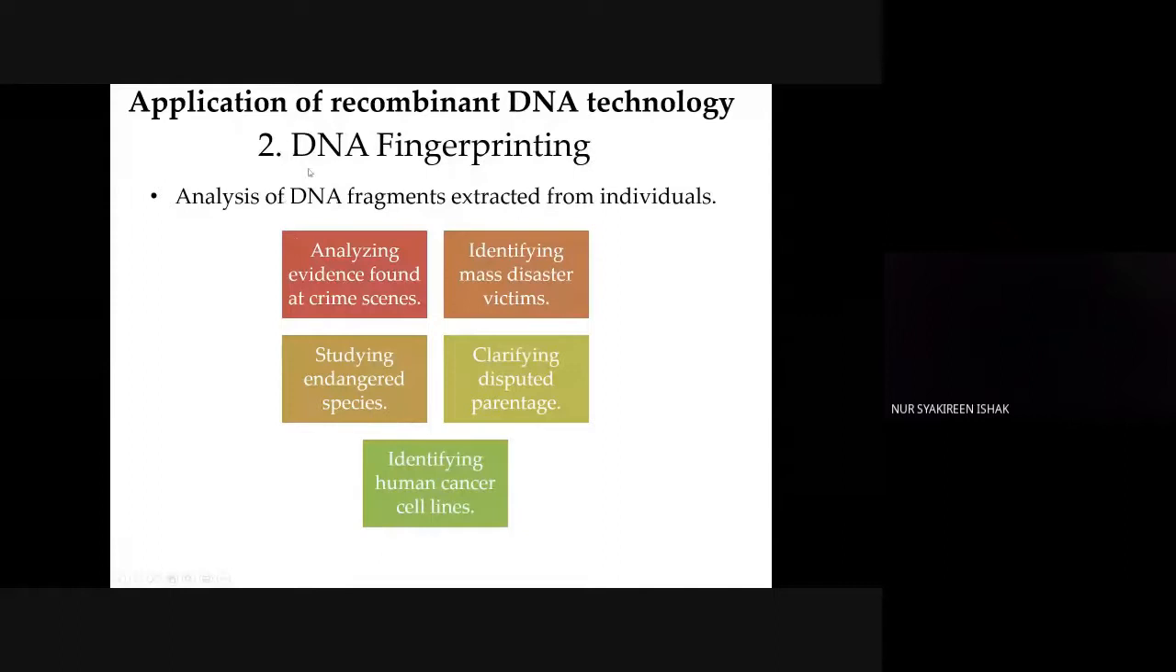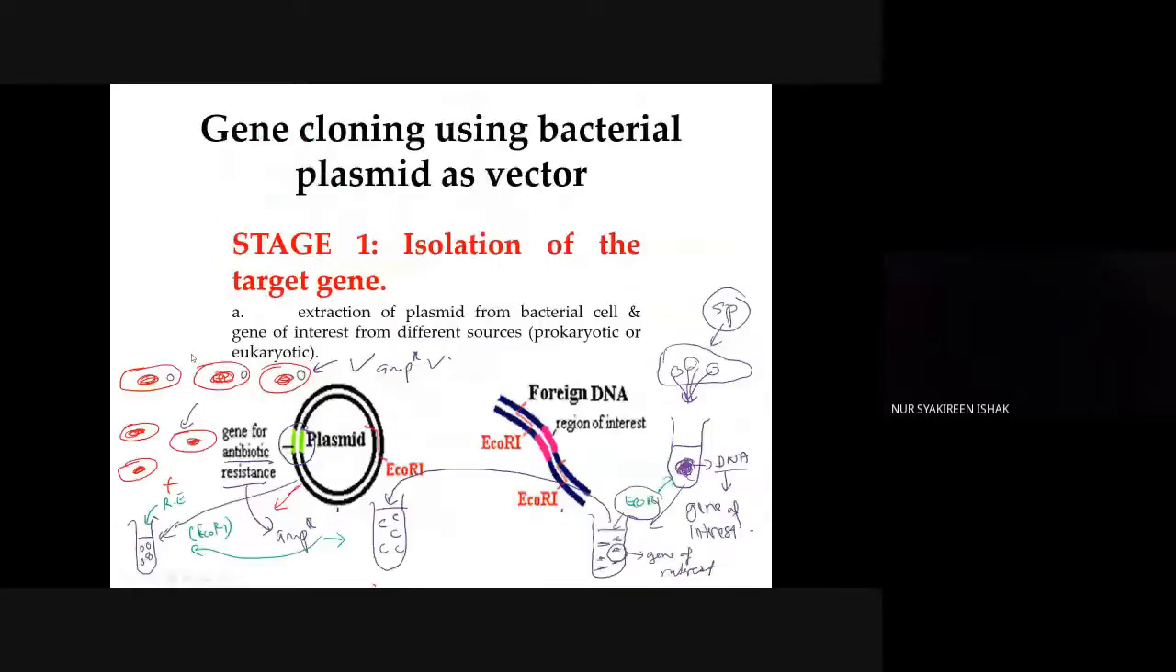Okay, so these are the examples of the application of DNA fingerprinting. In DNA fingerprinting, you analyze the pattern of DNA fragments that you have produced through PCR and other methods, and then after that you do gel electrophoresis to get a pattern of DNA fragments. So this pattern can be used